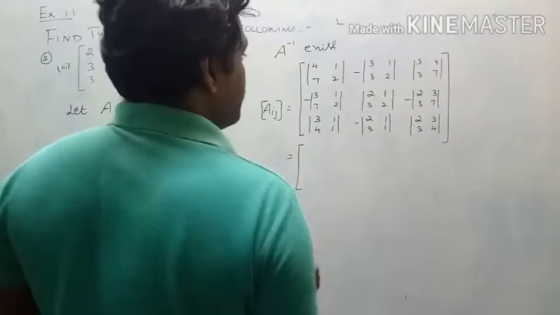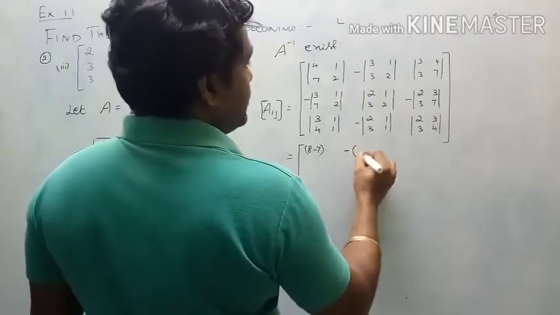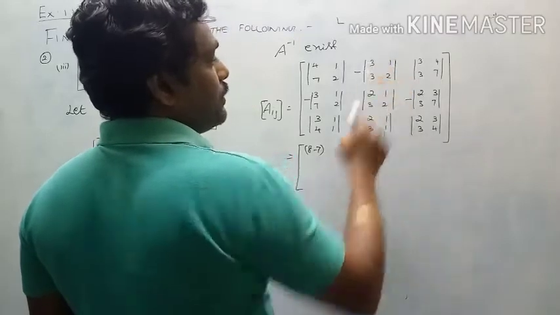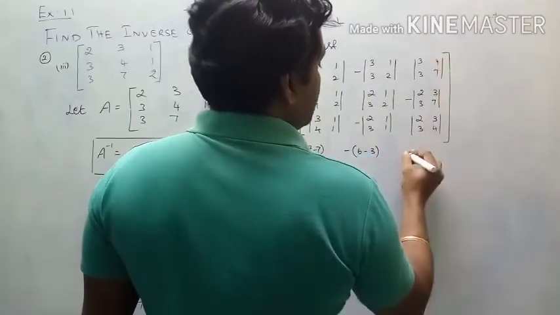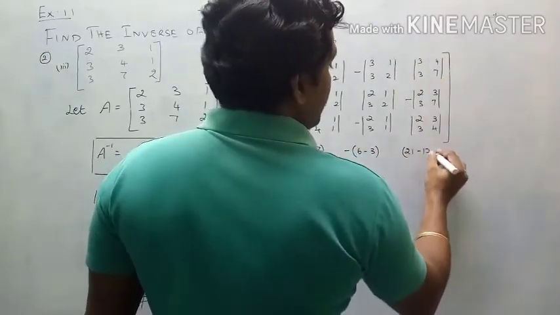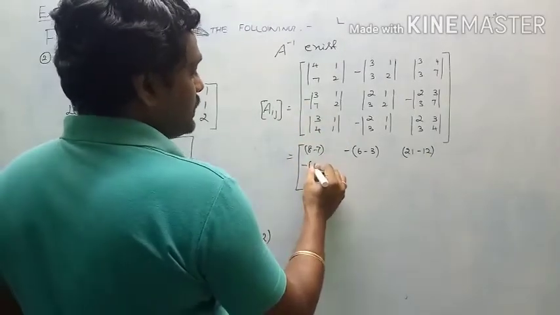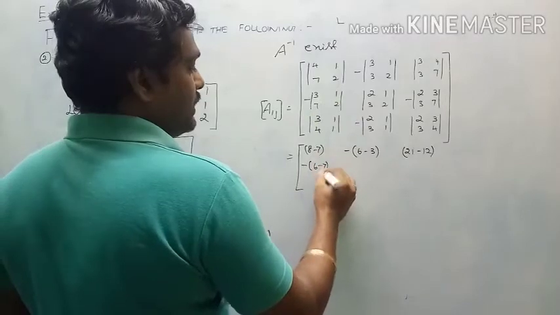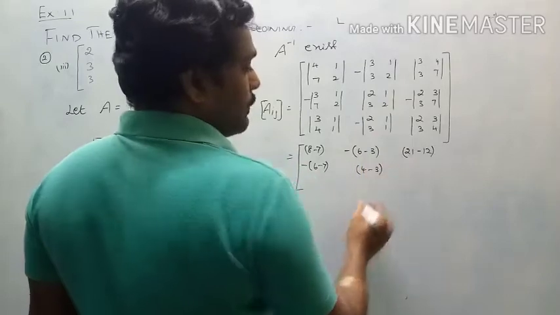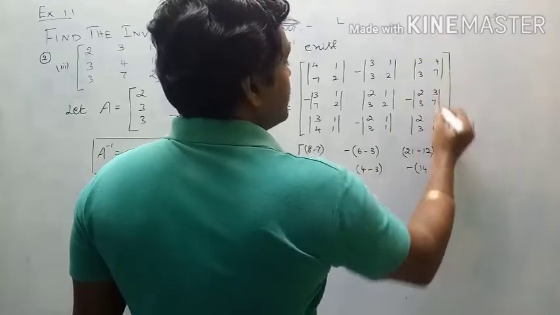Now expand. 8 minus 7. This is minus. 3 2s are 6, 3 1s are 3. 6 minus 3. For the second, for this one, you want to change the sign. For here, 7 3s are 21. 4 3s are 12 plus 12. So you want to write minus 12. For this one, I have minus outside. 3 2s are 6. 7 1s are 7. So minus 7. For this one, 2 2s are 4. 3 1s are 3. For this one, 7 2s are 14. 3 3s are 9.